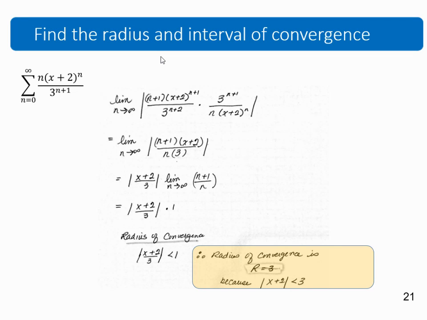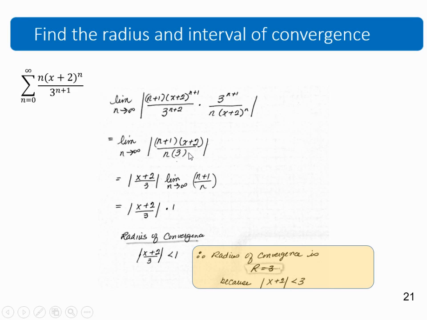So as you've seen in the last couple examples, we would do the ratio test to determine the radius of convergence. And so here you have your n plus 1 term divided by your nth term, and here we already have the reciprocal. And so when you put both of them together and multiply and simplify, you get this expression